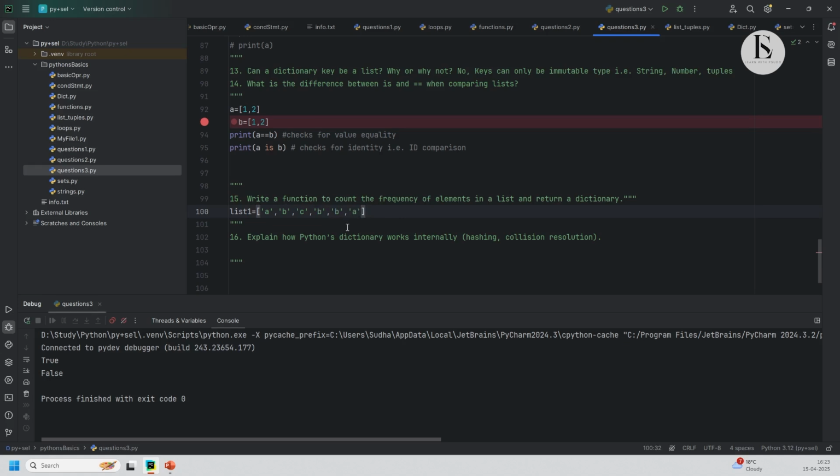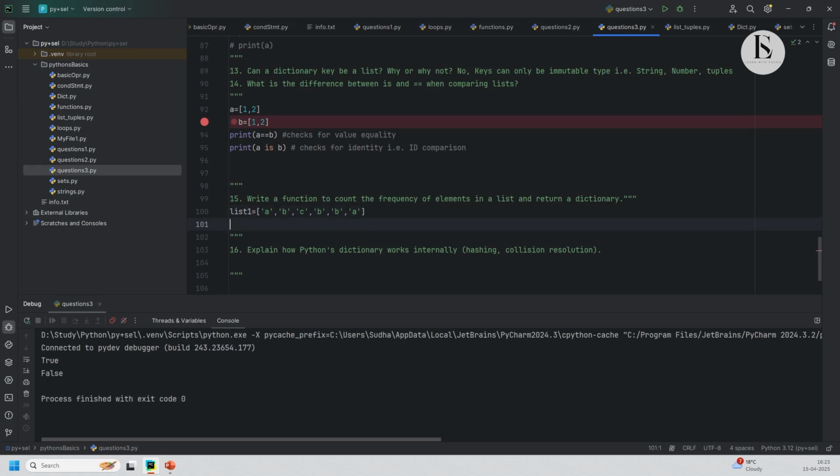So what it should give me towards the end is a dictionary with the actual object and the number of times it occurred in this list. So what I am expecting, it should return me A as 2, B as 3 and C as 1. Okay. Next step,